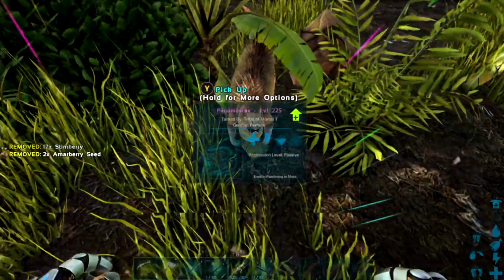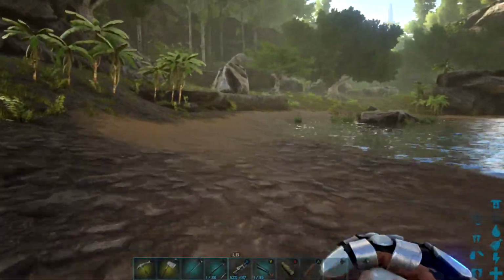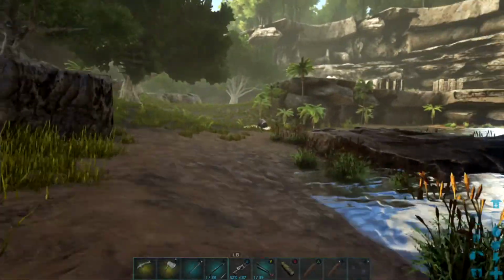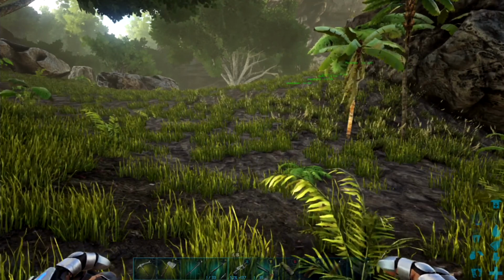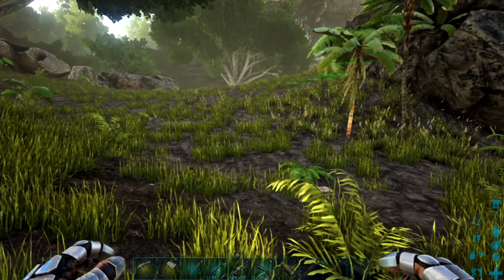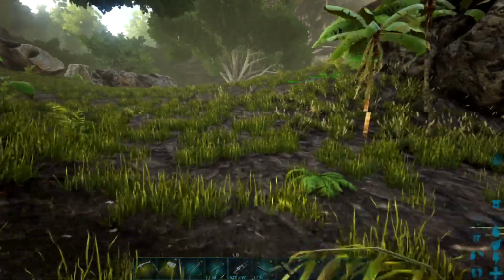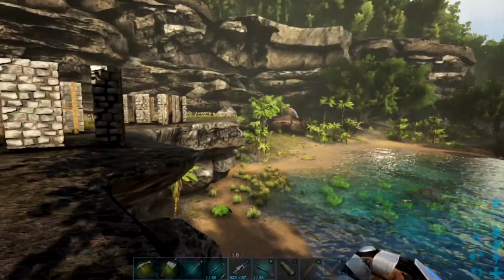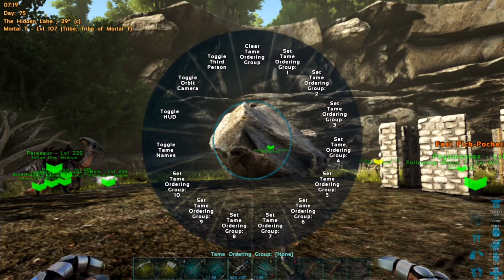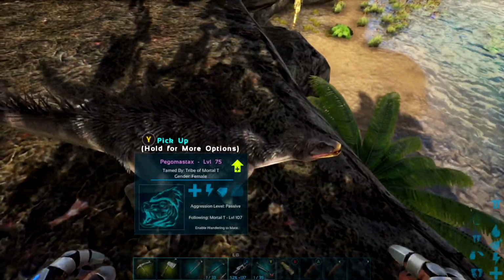But yeah, that is the Pegomastax. That is the way to tame it. Use Medjool berries or berries. I think it is more effective than trying to use any of the vegetables that you can grow. That is my only recommendation. It just seems to work a bit better. But that is it. That is the Pegomastax, the pickpocketing, really fast, creepy looking, weird creature that I forgot to